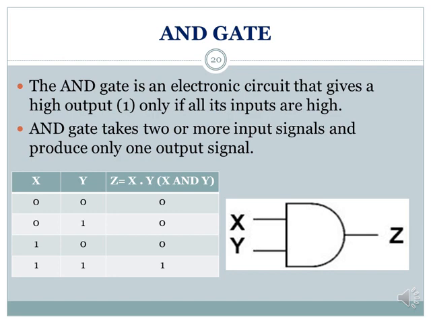So here X and Y represent the inputs for the gate, and the symbol used for the AND gate is represented in the picture, like X, Y and Z. If both X and Y values are high, then only you will get the Z value as high. Otherwise, you will get the result as 0.